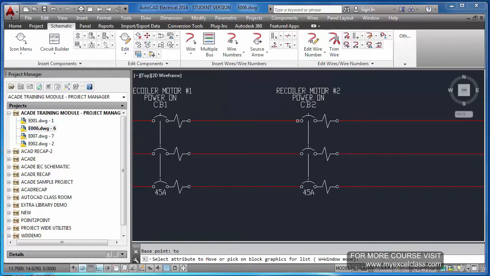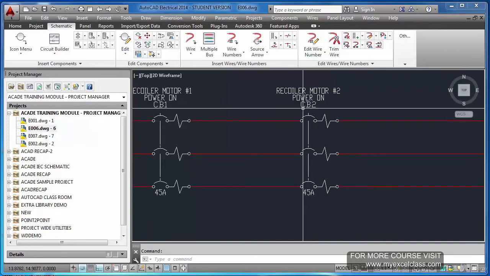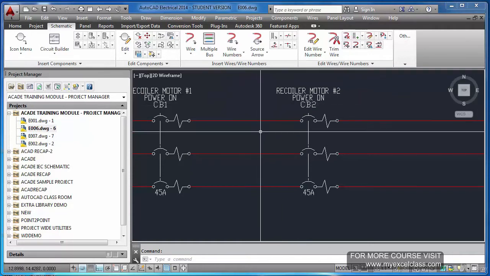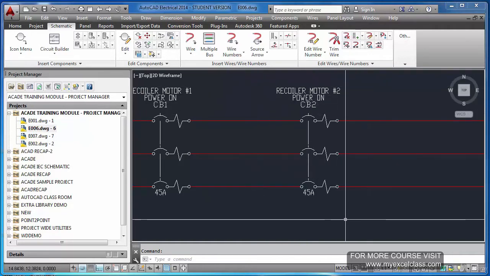Actually, if you make a symbol which you require, you can define the places, the text height, everything in a fantastic way. I mean, you can use all your creativity in developing a component.